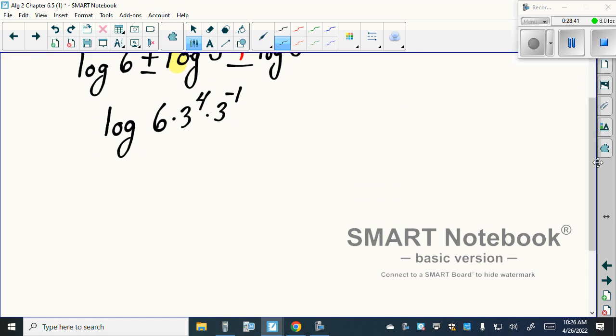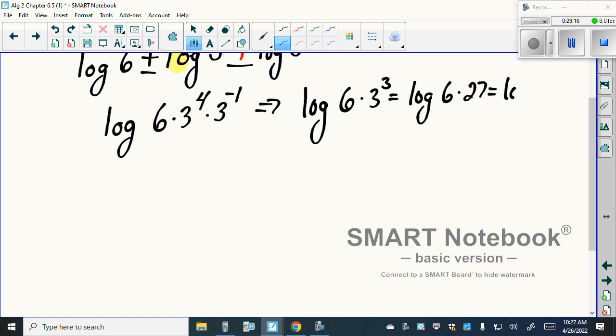Now there's different ways we can go from here. One of them is I can just plug 6 times 3 to the 4 times 3 to the negative 1 into a calculator, and it would give me an answer. But whenever we have like bases, they add the exponents, yes? So 3 to the 4th times 3 to the negative 1. 4 plus negative 1 is 3, yes? So we could do it that way, saying we have log of 6 times 3 to the 3rd, which would give us log of 6 times 27